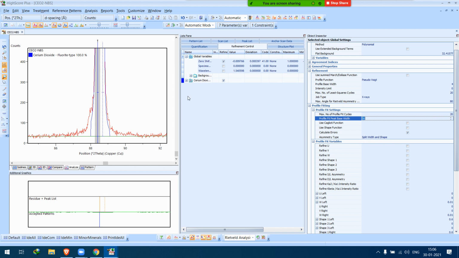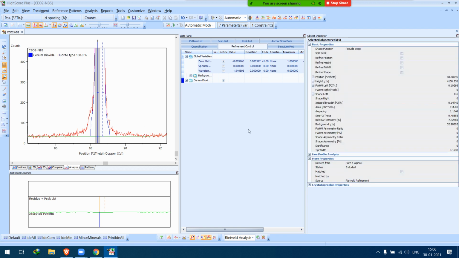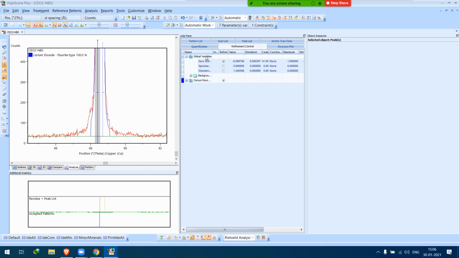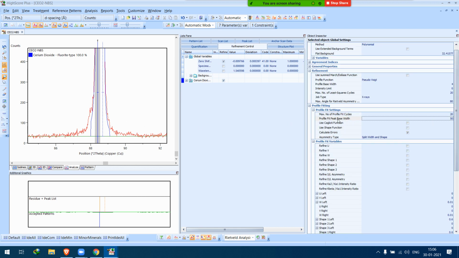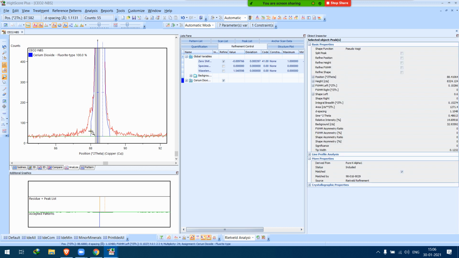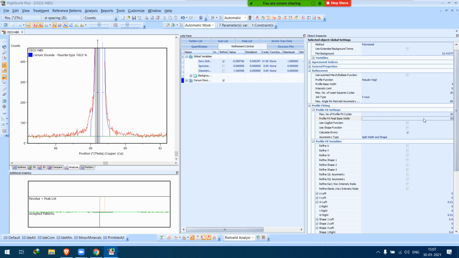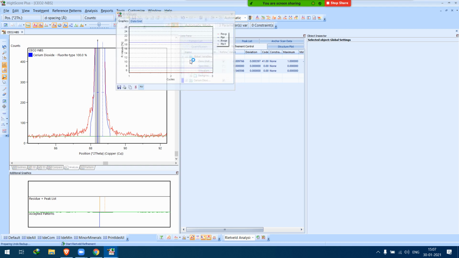No. I don't know why it's not responding right now, but it should actually respond. If you change the peak base width, the knee of the curve will shift to the right and match it. And after matching, you have to fit the profile again by clicking that.